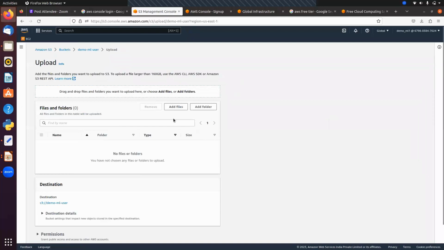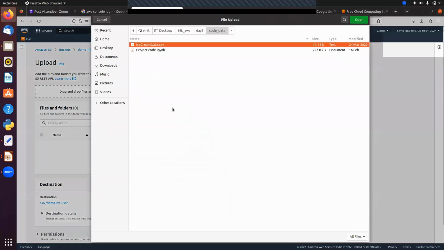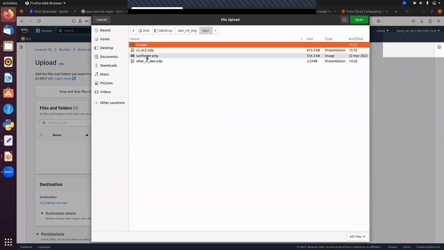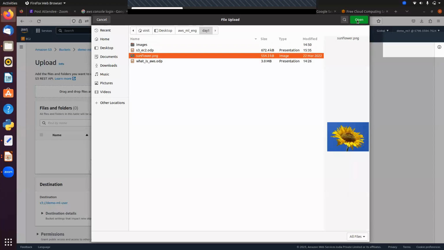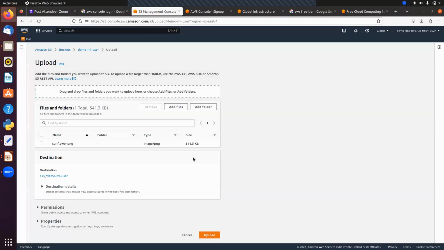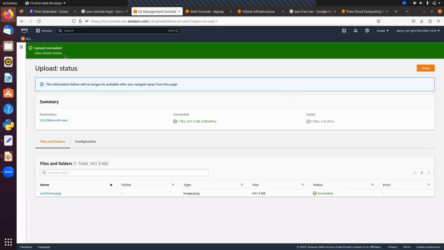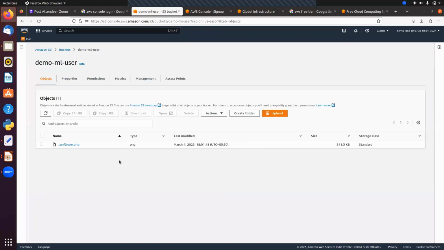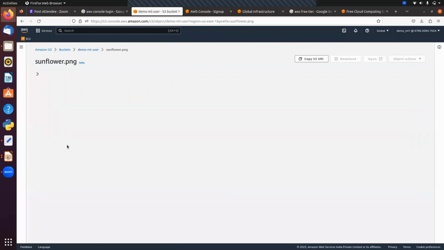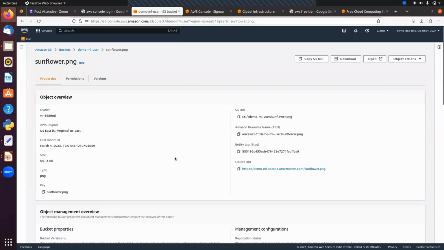So click on this and click on add file. Here we have this sunflower image. I'm going to upload this image and then click on this upload. You can see we have got a message here, upload succeeded. Click on this close. After you click on this file, we're getting the information here, and this is the object URL. Let's copy this